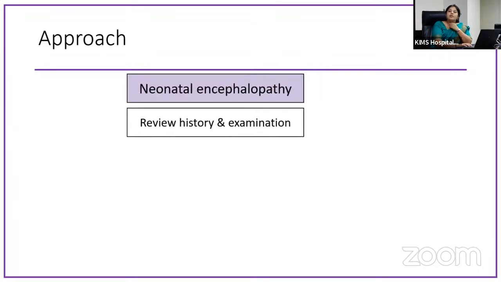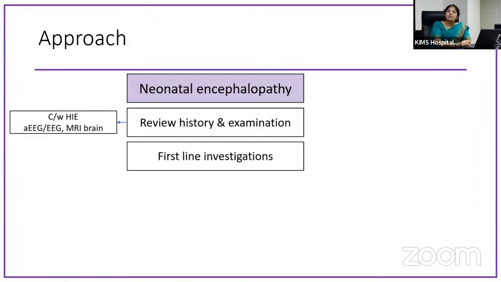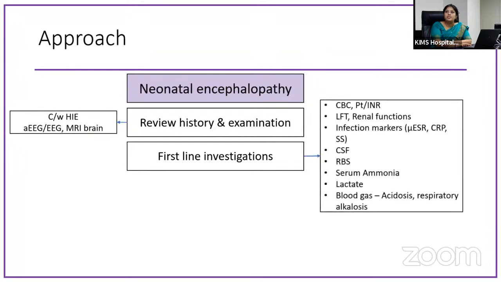So whenever we have a child who presents to us with neonatal encephalopathy, we definitely have to review the entire history, examine our child properly, and take a family history as well as the maternal history during the pregnancy and labor. If the history and examination is consistent with HIE, we can consider additional investigations like EEG and MRI of the brain. If at all we are not getting a consistent history with HIE, we should go ahead with first-line investigations,